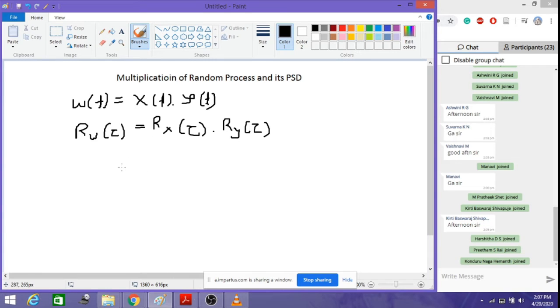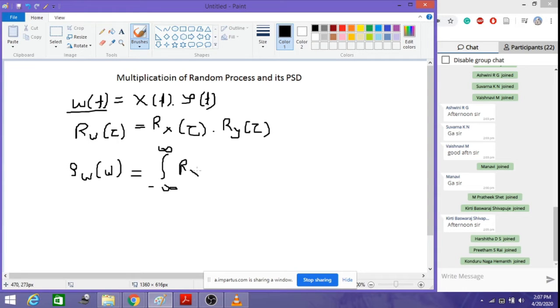Then if we apply the power spectral density to this new random process W of t, its power spectral density can be written in the mathematical form as Sw of omega is equal to, by the definition of the power spectral density, the integral from minus infinity to plus infinity